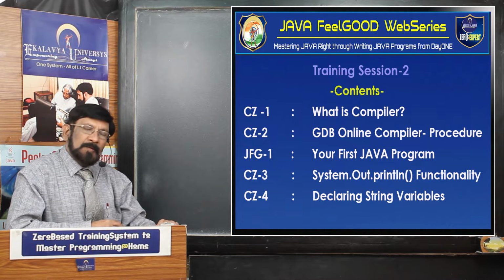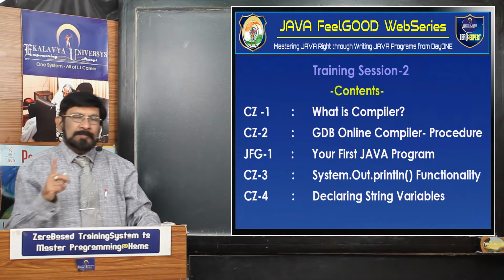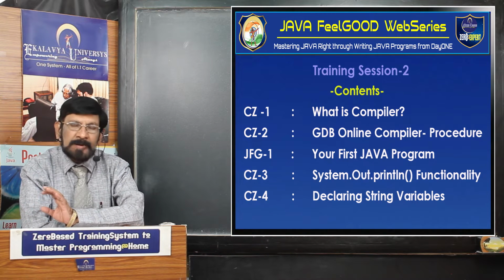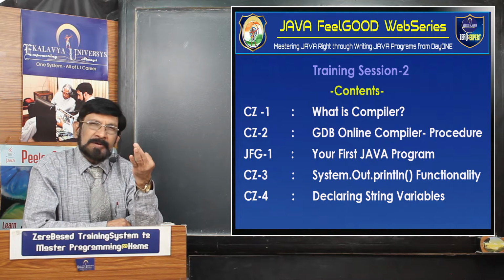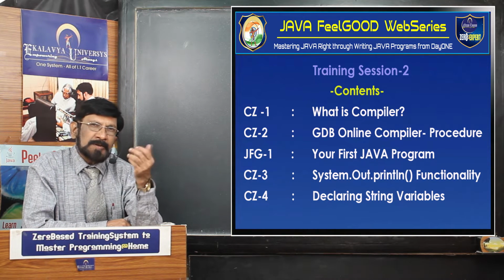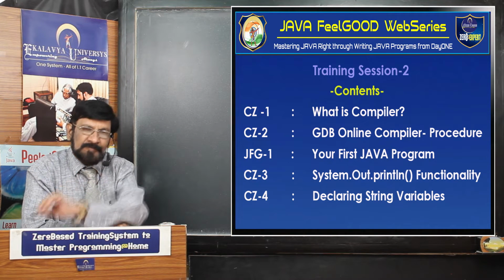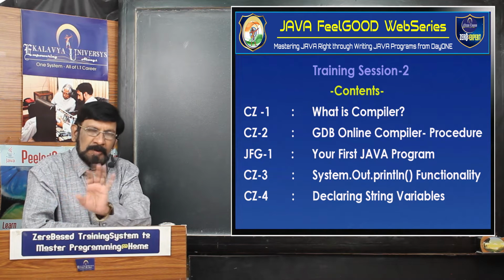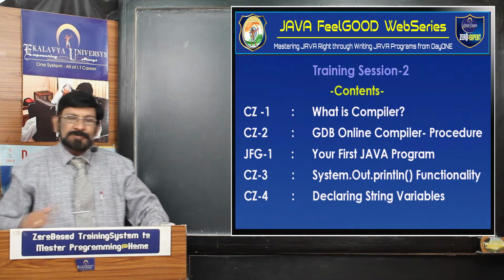First concept, what is a compiler? Whatever the programming language may be, along with every programming language, a unique compiler is released. For example, C compiler, C++ compiler, Java compiler, Python compiler, etc. Compiler is a translator software. What do you need translation for? Just I give a simple briefing. Thereafter, in the concept, I will have a detailed explanation.